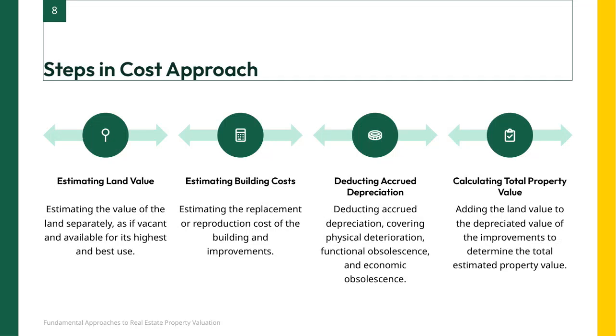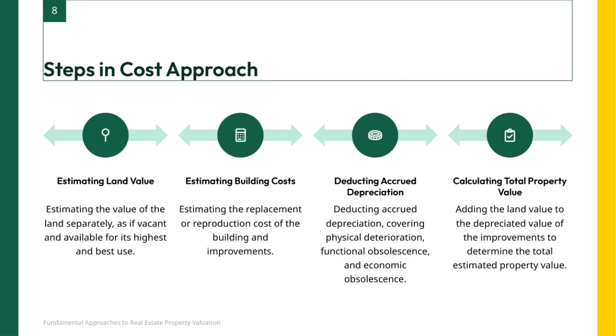First, we start by estimating the land value, which means determining what the land itself would be worth if it were vacant and ready for its highest and best use. Next, we estimate the building costs, focusing on either the replacement cost or reproduction cost of the building and any